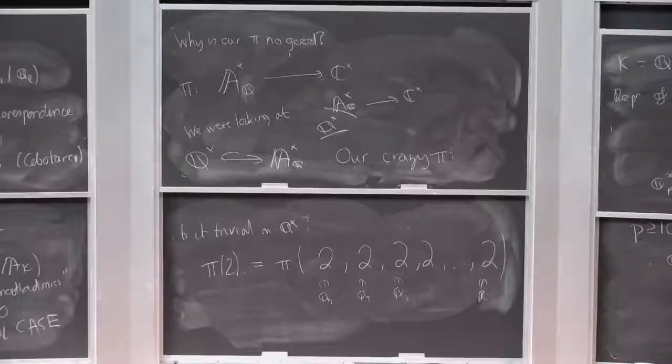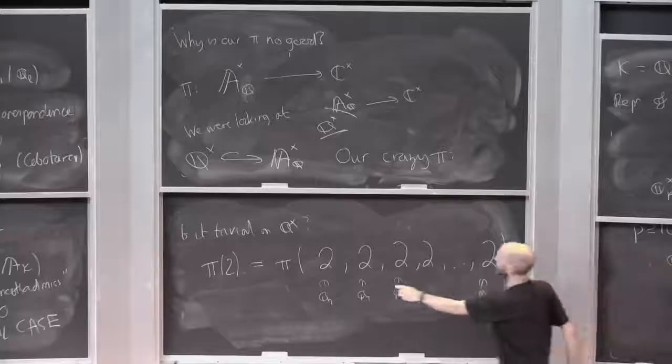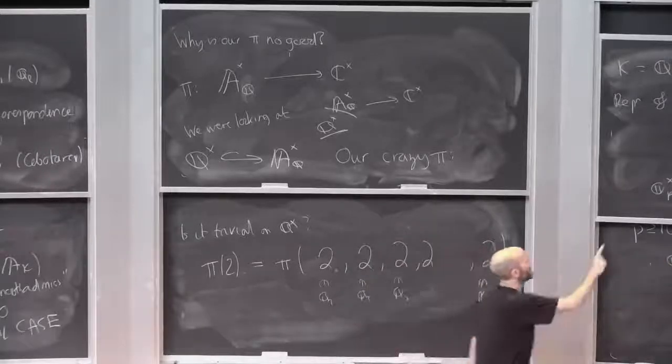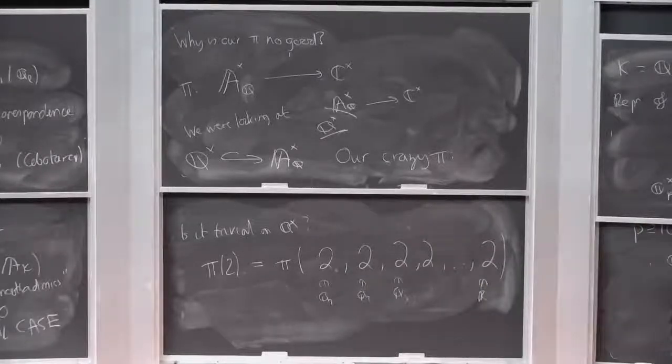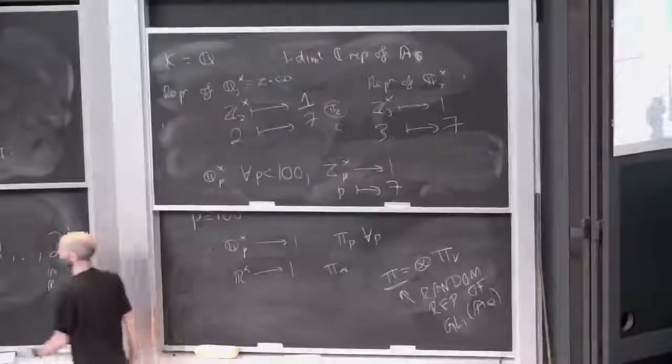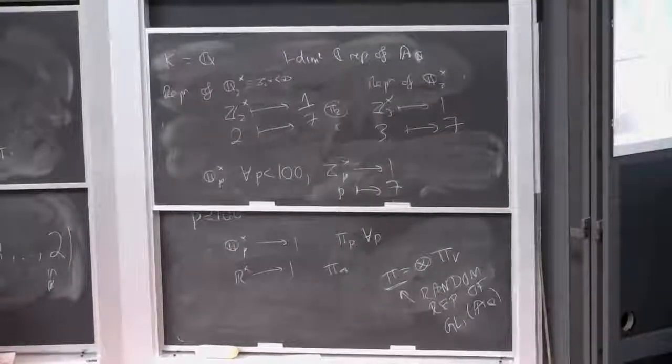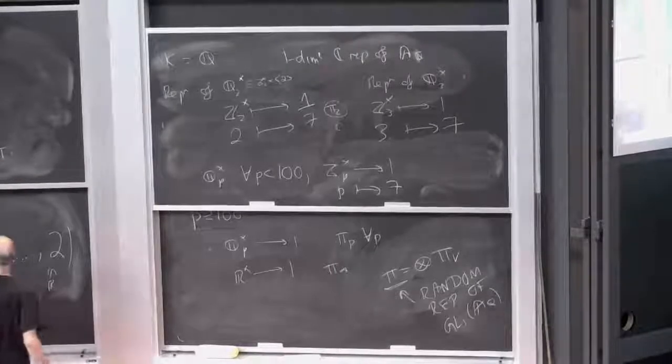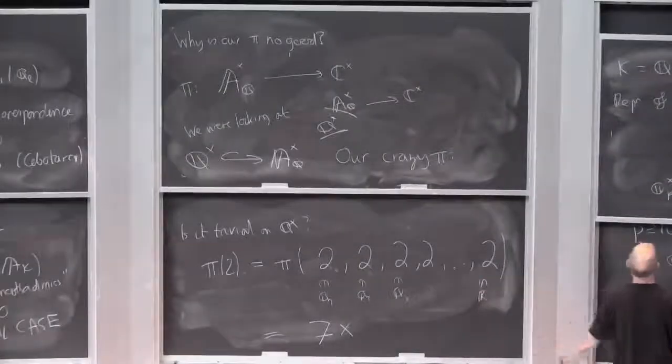Oh boy, it's not 1, right? Because for p equals 2, so this 2 here, Z2 star gets sent to 1, but 2 gets sent to 7. So this 2 here goes to my favourite number. So this equals 7 from this guy here, times, and now this guy here,